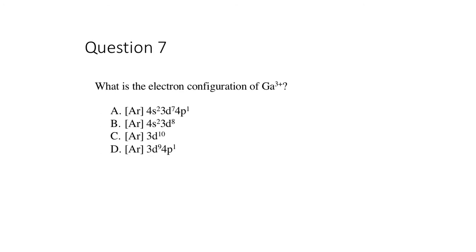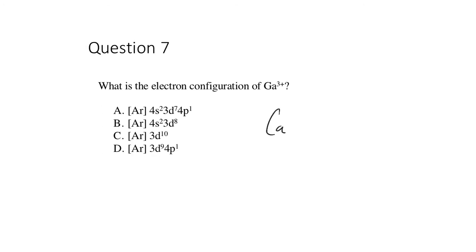What is the electron configuration of gallium 3+? The key for cations is go to the neutral atom first and just start with neutral, then lose electrons from here, because I'll explain why in a minute. Gallium is, I don't have a periodic table right in front of me, but I think it's